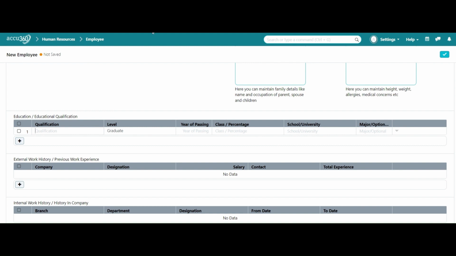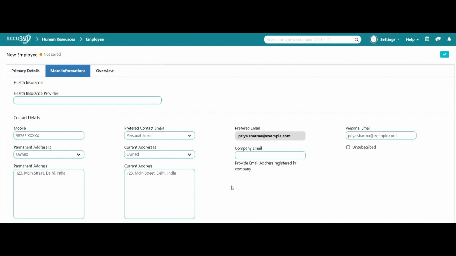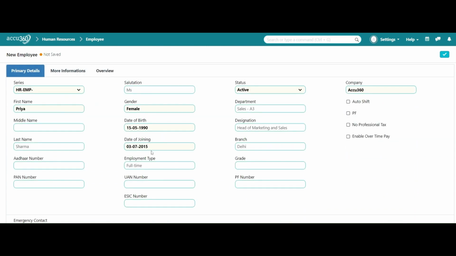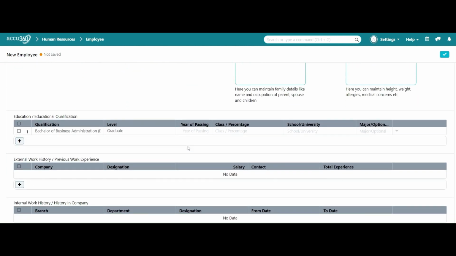Then in the qualification we will write the bachelor of business administration, and the year of passing would be, we will make it a year before the date of joining. So let's see, the date of joining was 2015, so we will make it 2014 as we do not have this information right now. So let's add it hypothetically,